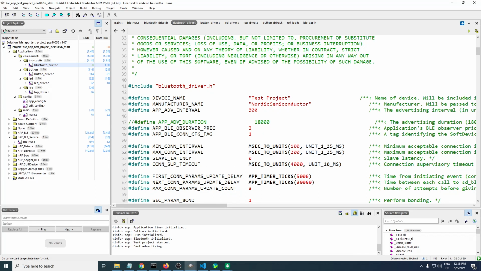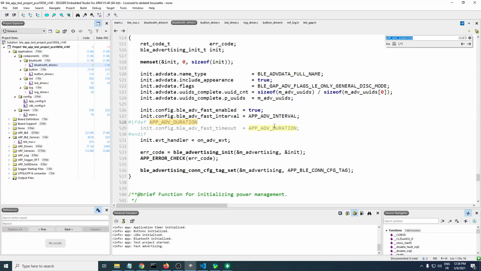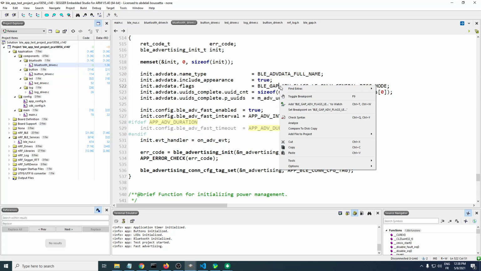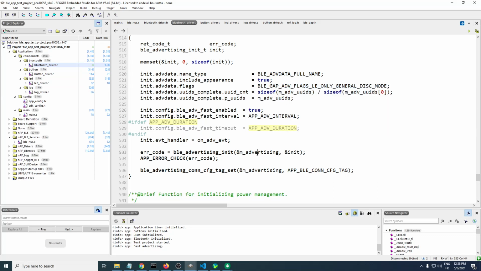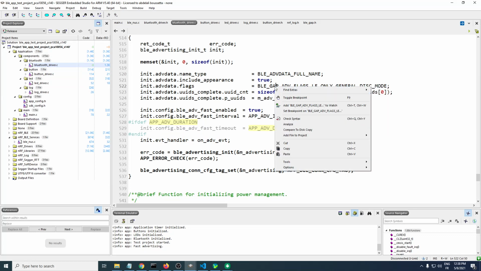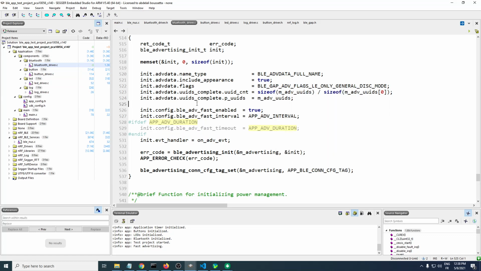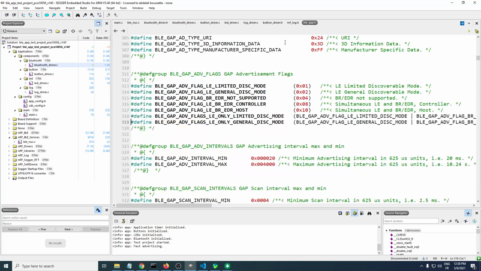Now, the thing I want to mention here about making the advertising unlimited is that you need to make sure that the flags are set to this one, BLE GAP advertising flags only general disc mode, because there are other flags here. If you look into these flags here,